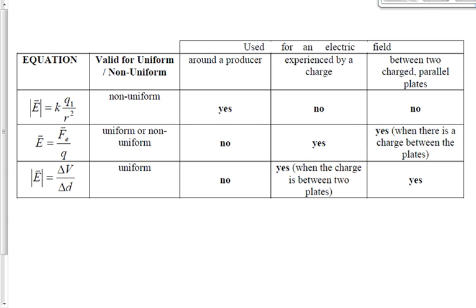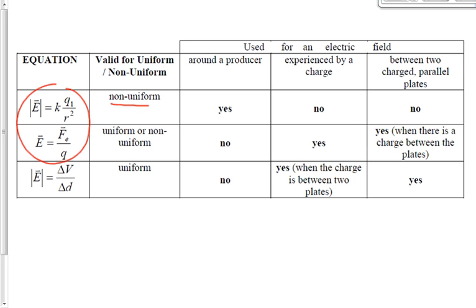Got a little summary table of what we did yesterday up on the board here. Three equations, two of which were not new, one of which was brand new yesterday. First two equations we've learned about a week ago. Yesterday we drew a little Venn diagram and circled those two equations in red. The reason that we circled those together is because those two equations are both valid when we have a non-uniform